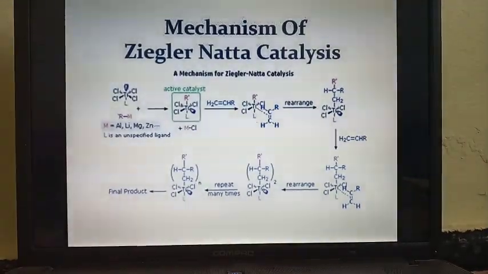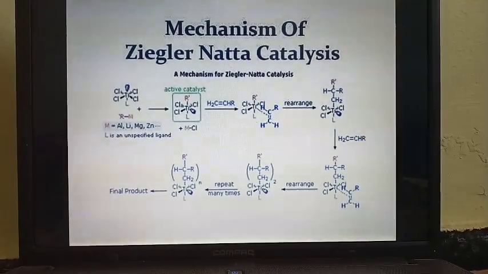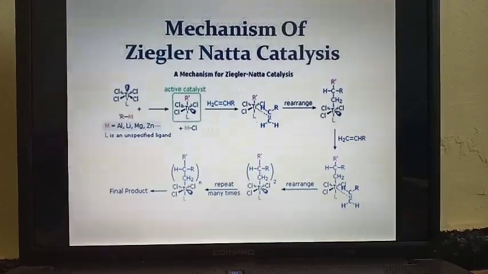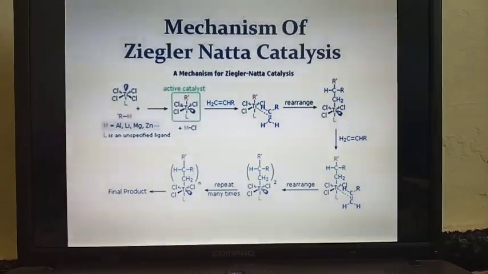So how are we going to get polythene with the help of ethene? That is by the help of a Ziegler-Natta catalyst. The Ziegler-Natta catalyst is a mechanism where it will combine ethene molecules to form polythene. So